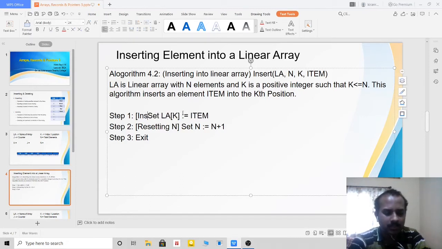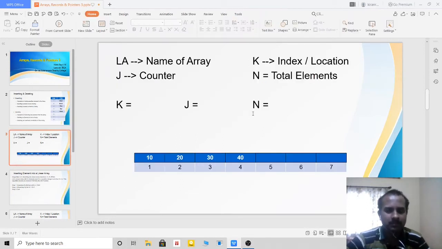So inserting item. Okay. That is for the end of the array. But what about the middle of the array? Or if it is present at the middle, then what I have to do?